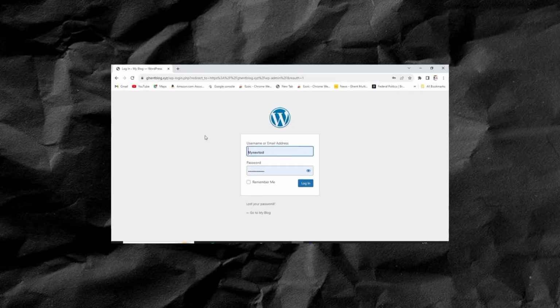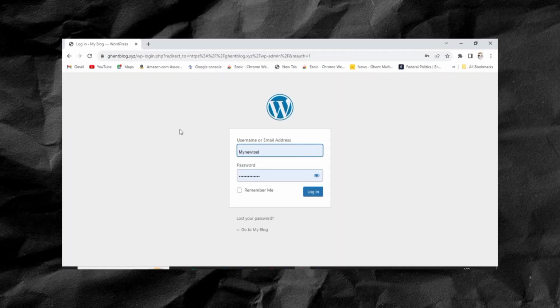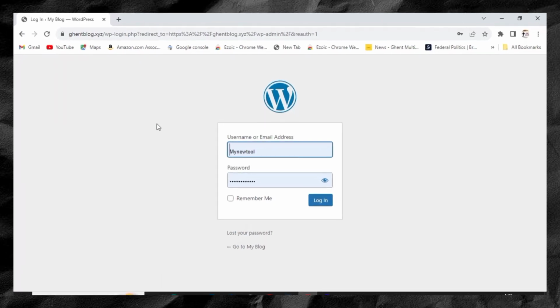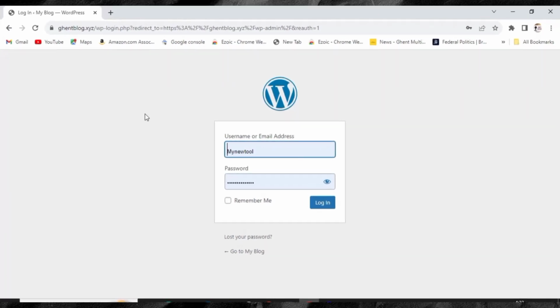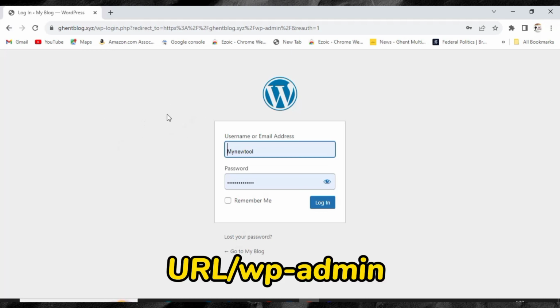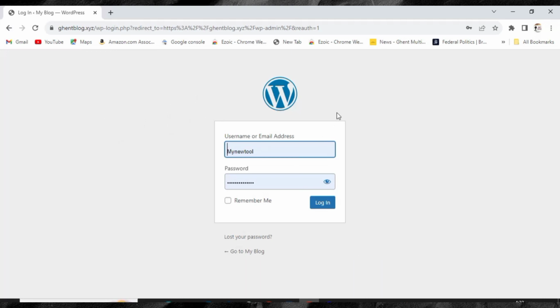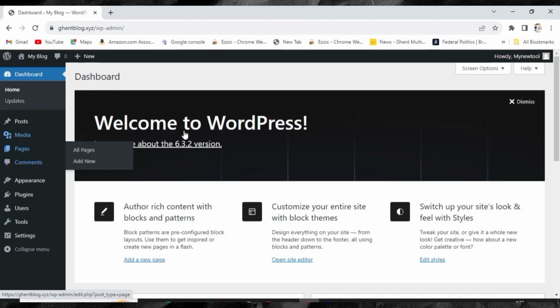Now let's move to the next step of this tutorial, that is to log into our WordPress website. Now to log into your WordPress website, type your URL /wp-admin, and it's gonna take you to this page as you are seeing here. Make sure you put in your username that you used to launch your WordPress, and then over here you're gonna put your password right here, and then click login. So congratulations, you are on your WordPress dashboard right here, and I'm going